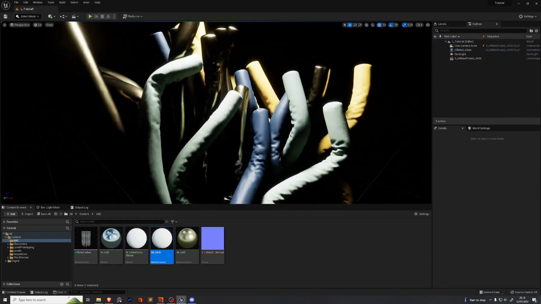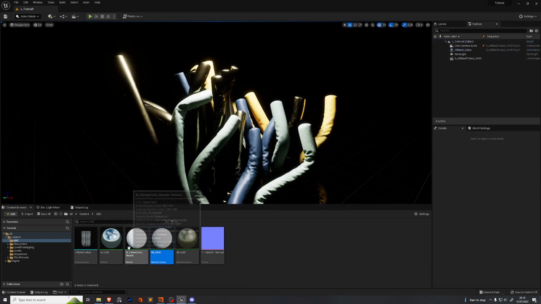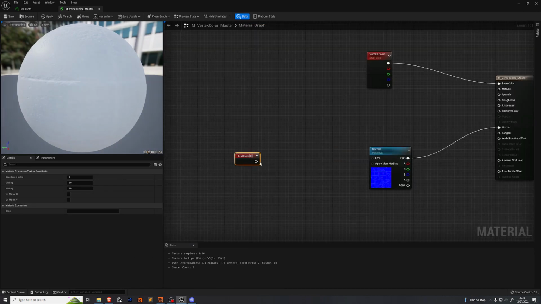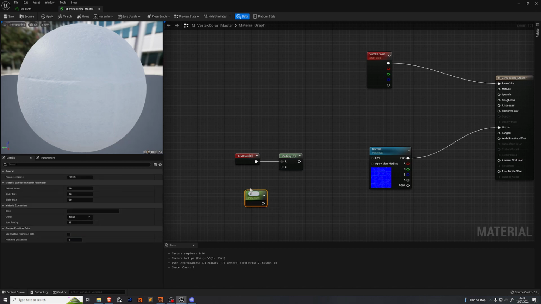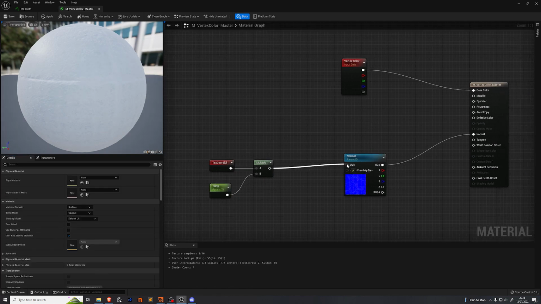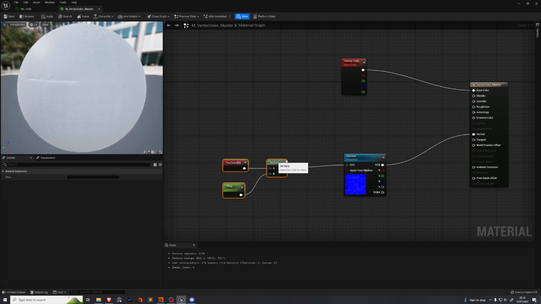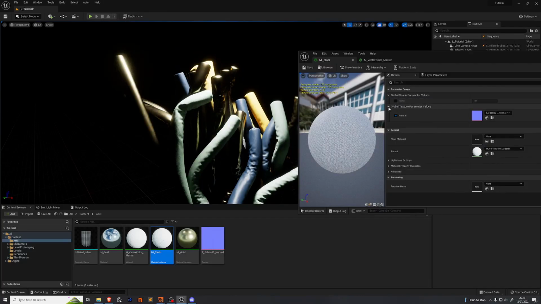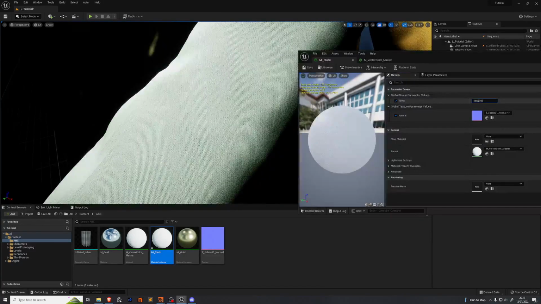We need to do a little bit of UV math. So we're gonna go back into our master material, drop down the texture coordinate. We just want to multiply by a scalar parameter. So hold S, drop down scalar parameter, call it tiling. We'll set the default value to 1, and plug it into the B input, then into the UVs of this texture sample node. So we're gonna save that. Now you can open the material instance and you'll see you get this global scalar parameters value and it's tiling. You'll be able to see